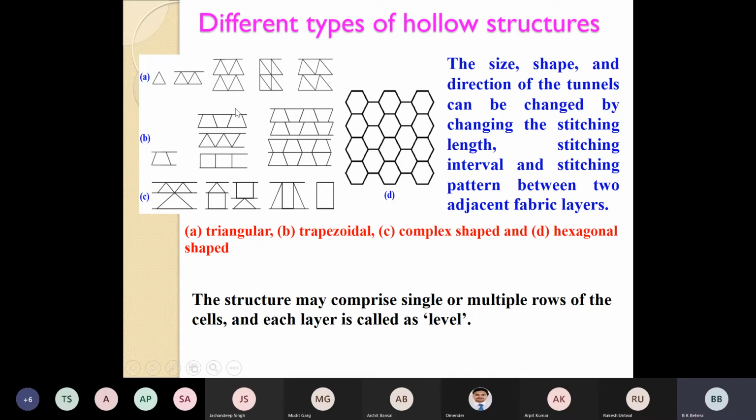Supporting wall at certain angles, straight. Not only this, many more which I will discuss later, means what could be its height, what could be its thickness, what could be its angle, what could be its frequency, means number of walls per unit distance. All these things can be monitored during weaving, and accordingly a composite material can be prepared to make hollow structures of varying energy absorption capacity. Okay, that is the objective of producing different types of hollow structures.